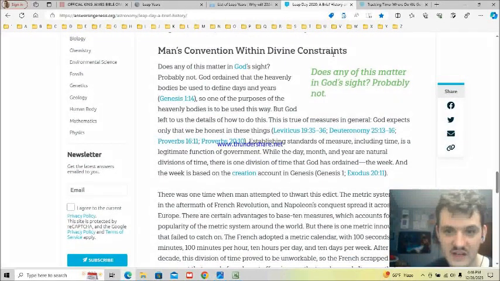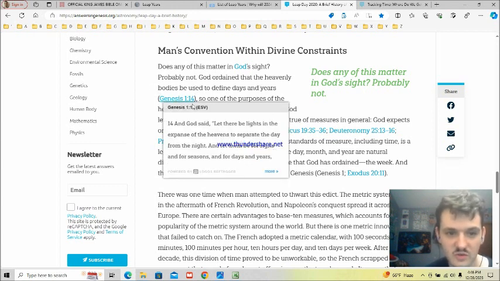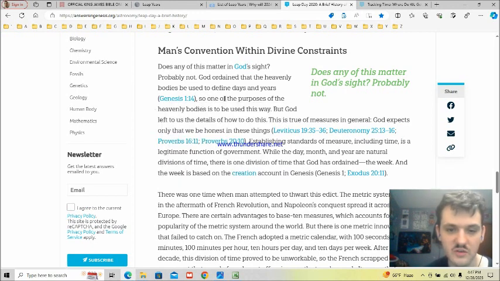Man's convictions about the divine constraints: is any of this in God's design? Probably not, but God ordained that the heavenly bodies be used to mark days and years. Genesis chapter 1:14. So the purposes of the heavenly bodies are set by God. The measurement of days is true in general, but God expects honesty in these things. Leviticus chapter 19 verse